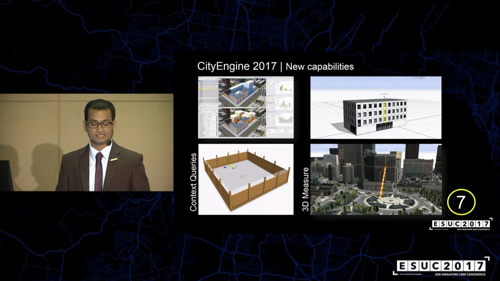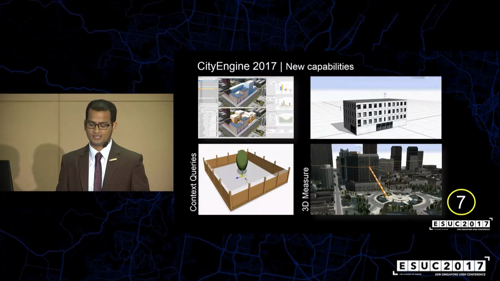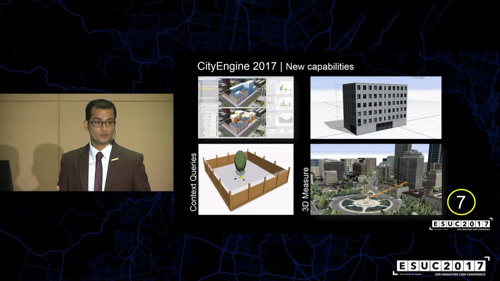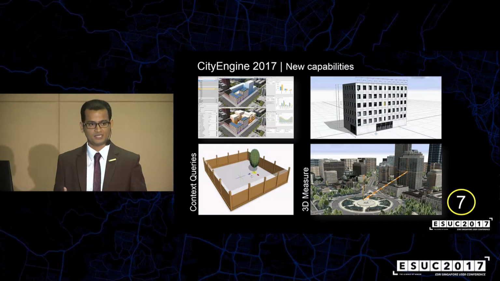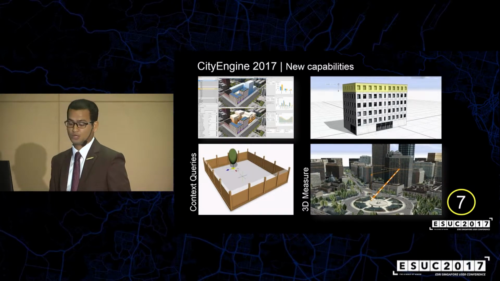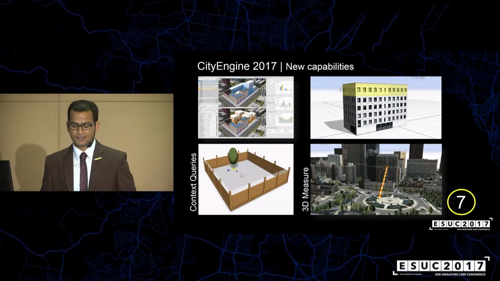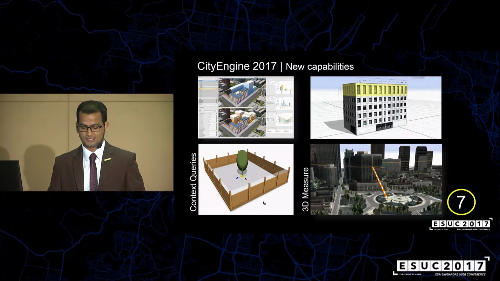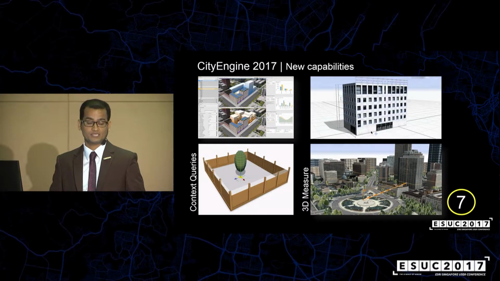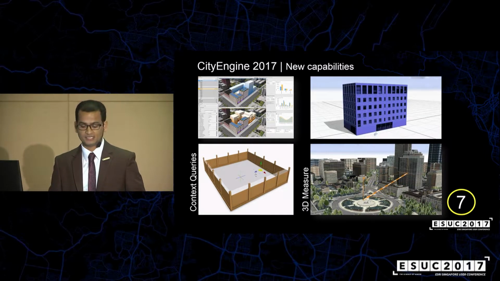City Engine 2017 was released in July, and there are many new enhancements as requested by the users. So developers really worked hard and they improved the product. The first one is the 3D measure, which is on top of my list, and it is now available in this release. The next one is the context query, another item on this list, and this capability enables the